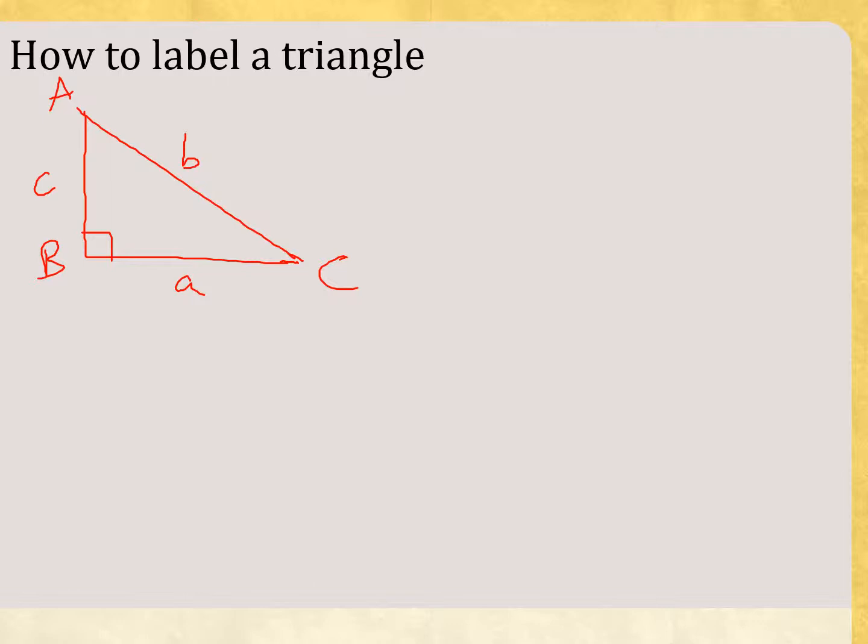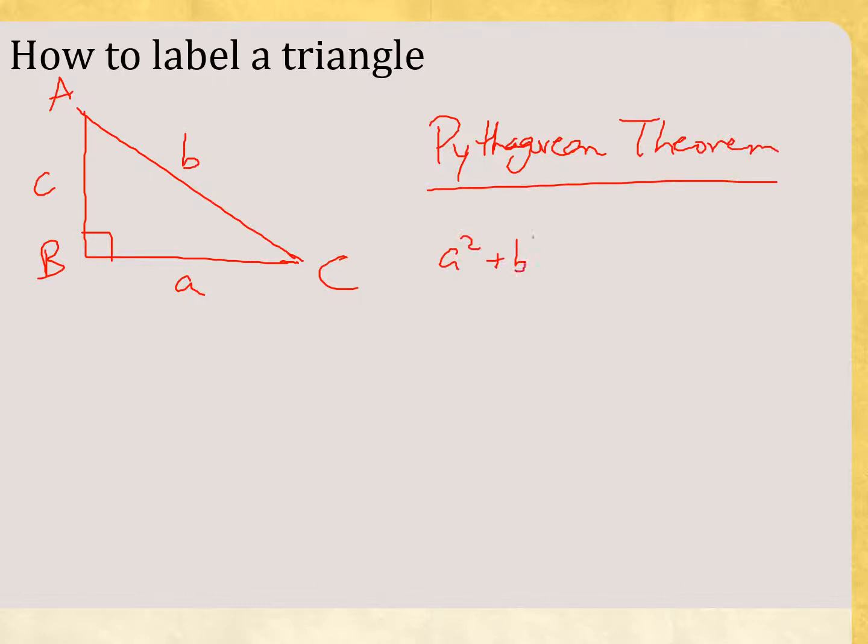And do not forget Pythagorean theorem. A squared plus b squared equals c squared. Now that's generally just placeholders. Obviously the way we've drawn our triangle, don't be rattled by that. It doesn't always have to be a, b, and c, and they don't always have to be in the same spots. Just know that for this triangle,